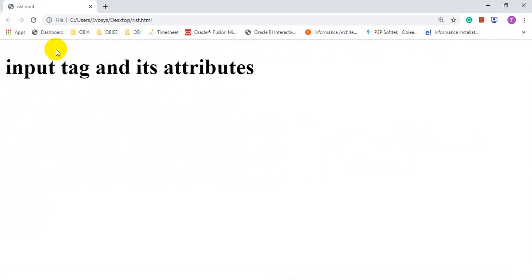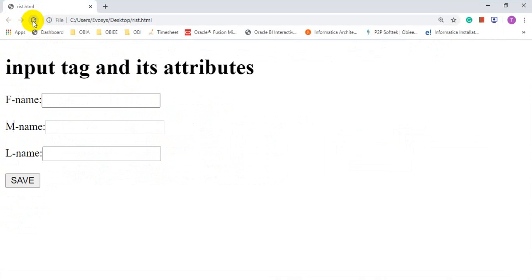Right now it's showing only the input because you have to refresh every time. When you refresh you will get this: first name, that is the first text box, then the second text box, third text box. Okay, and now button, input type equal to text, input type equal to text, input type equal to text. So in this text box you can write anything. For first name, for example, I am going to write my first name as Ehkam, my father's name is Zia, and my last name is Ansari. So you can write anything.